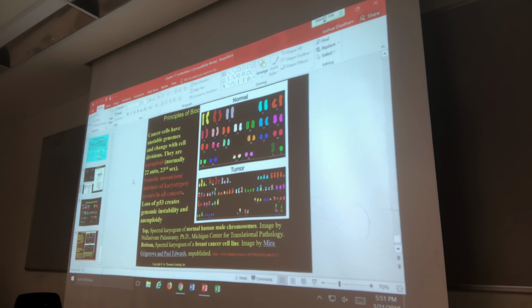23, is that right? Did I get that right? 23, all right. Instead of evenly splitting 23 chromosomes between two daughter cells, you might get 20 in one and 26 in the other one. They usually call that polyploidy or something like that, or maybe aneuploidy is the good one. But I can't remember. It's not on here. It's a genetics term anyway.